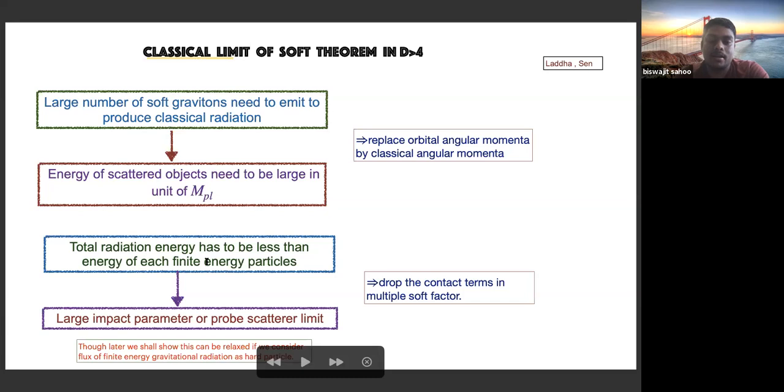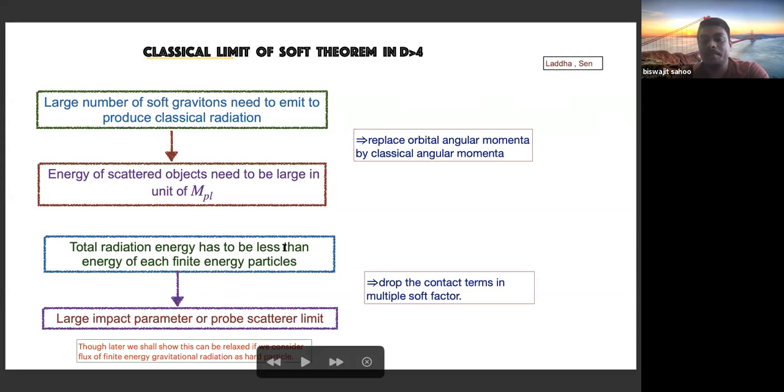If you demand this, then you have to scatter in a large impact parameter regime, or a probe limit where one object is very heavy and the probe particle is scattering in the background of that heavy object. But this can be relaxed later